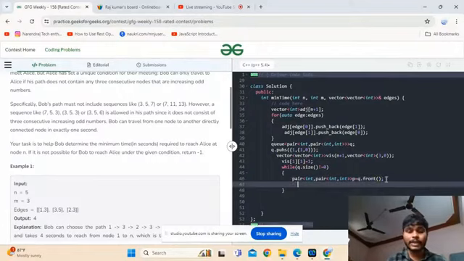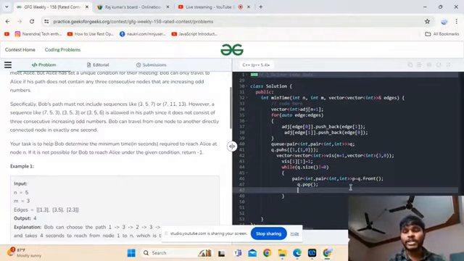Now guys, I am making q dot pop. Here I am removing the first element. So I am taking the parent.